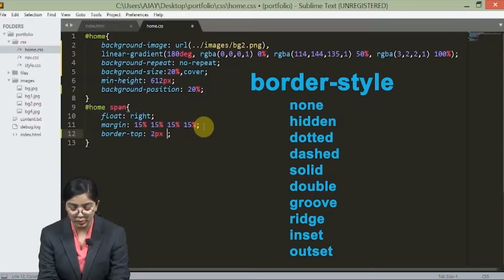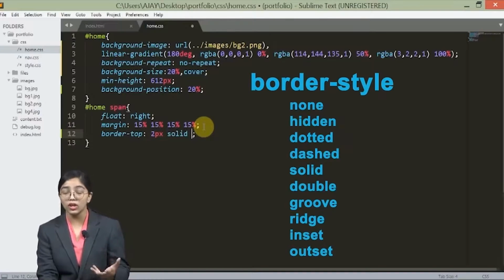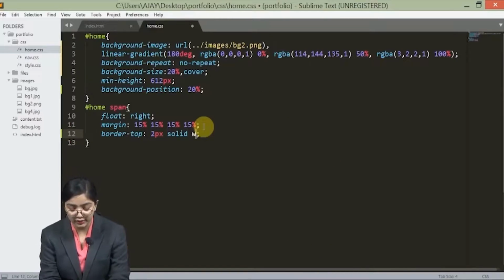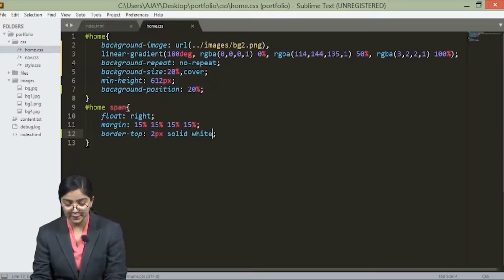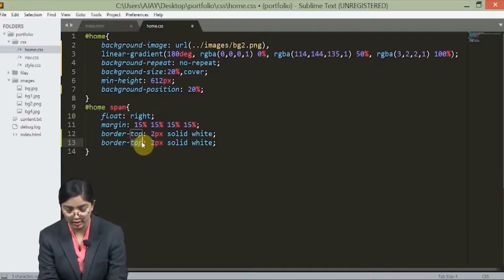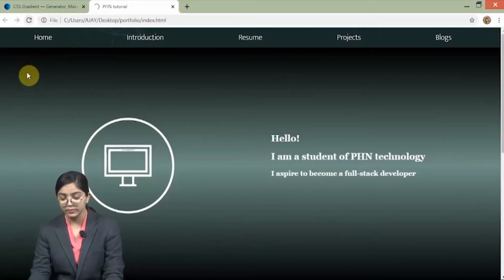You can define each parameter differently, such as border width and border style, but I am using the shorthand. So 2px, and I want it to be solid, I don't want it to be dotted. You can give solid, dotted, and there are many such styles. Then I will give its color. I want it white. And I would do the same for my left side and my right side. Let's see how it looks.